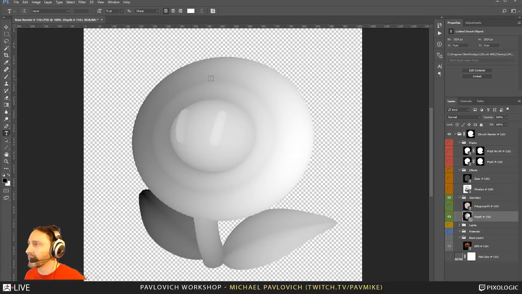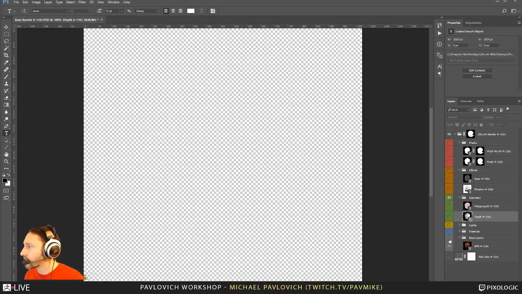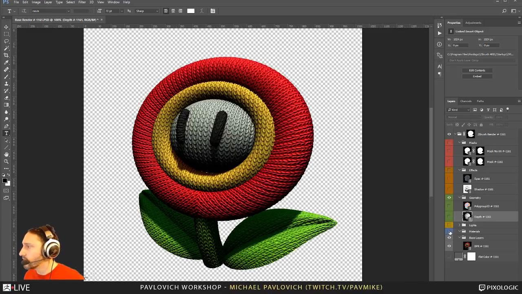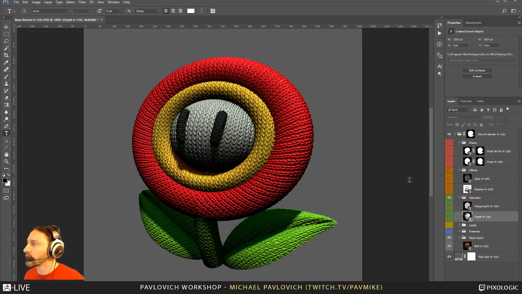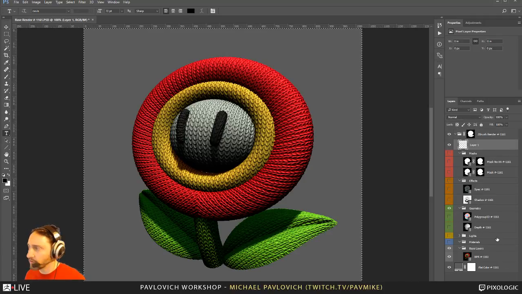Oh man, it didn't really do a BPR. Oh, maybe it did. So we got a depth mask in here. So now when I go back through and we do our base layer render here, what you can do is Control A, Control Shift C to copy merged, and then we'll paste this. And if we go in here to blur,